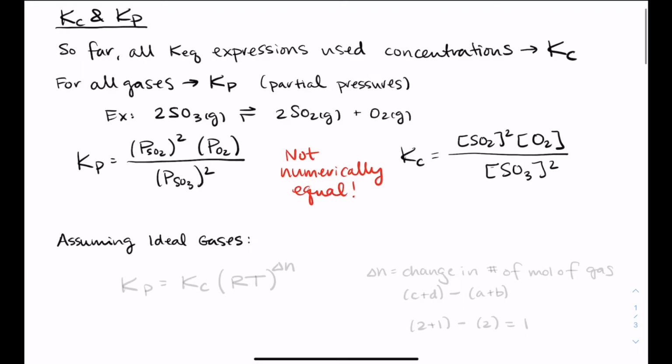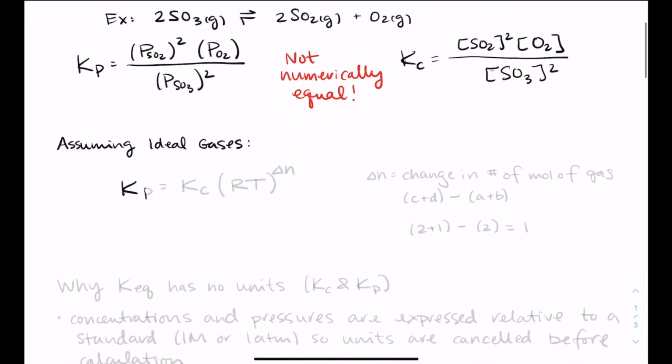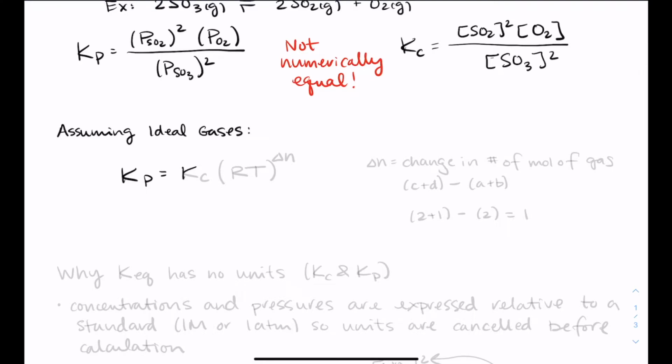If that is the case, then Kp is equal to Kc times, in parentheses, RT, and RT and RT only is to the delta N power, where delta N is the change in the number of moles of gas. So this really means add up the coefficients for the products and subtract the sum of the coefficients for the